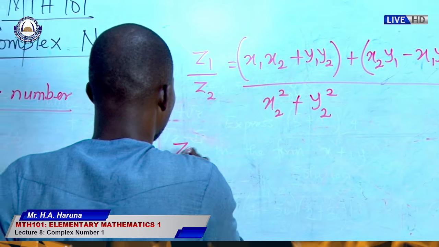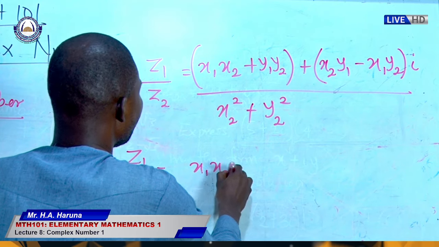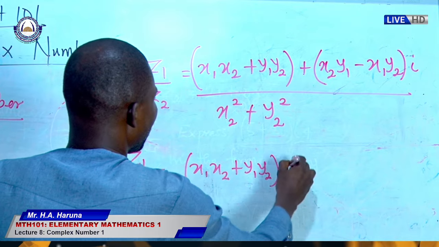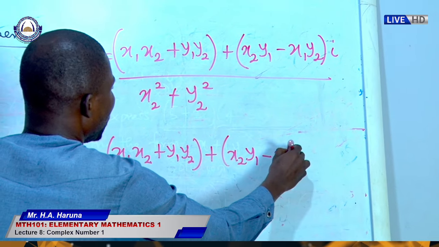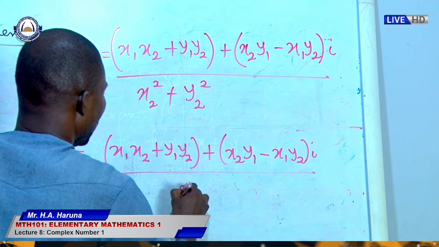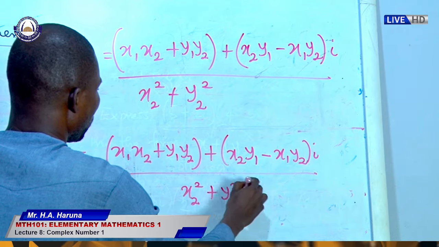So z1 over z2 gives me x1 x2 plus y1 y2, in bracket, plus x2 y1 minus x1 y2, i, over x2 squared plus y2 squared, which is